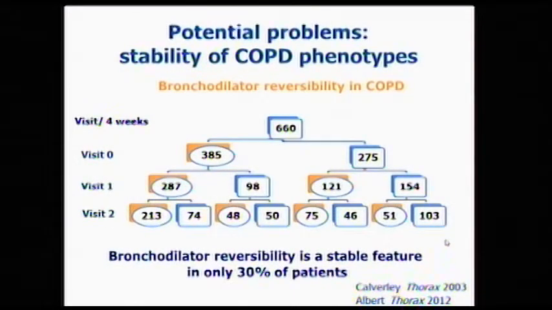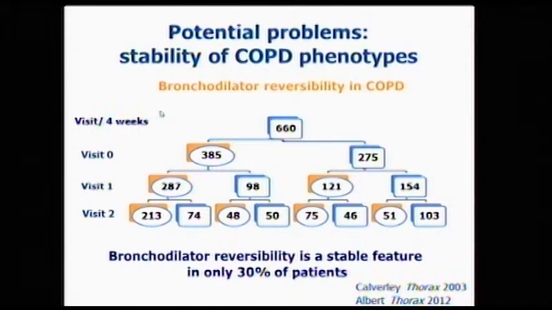So another problem is stability of COPD phenotypes, which I think is slightly different from the problem of stability of asthma phenotypes, as Pascal mentioned this morning. One of the problems with asthma is that asthma is a very reversible disease. It varies over time. COPD is less variable than asthma, even though there is some kind of variability. But for example, if you use bronchodilator reversibility to phenotype COPD patients, then this may be misleading. This has been shown by Peter Calverley 10 years ago, and it has been shown in the ECLIPSE study recently